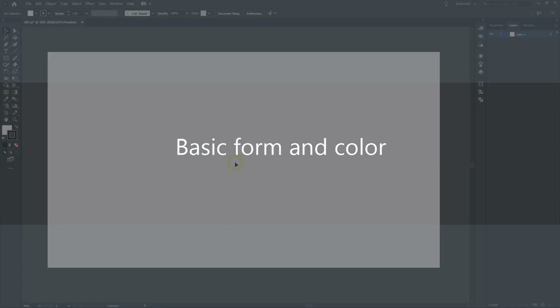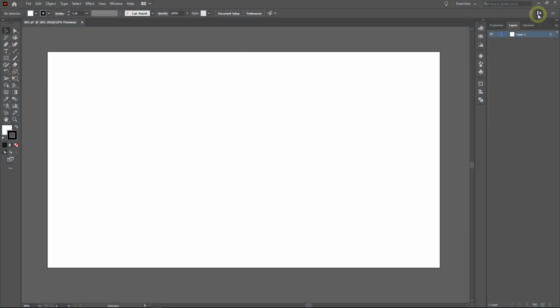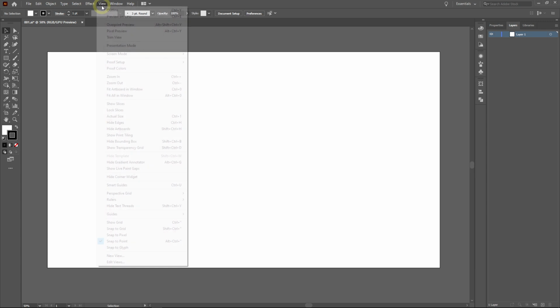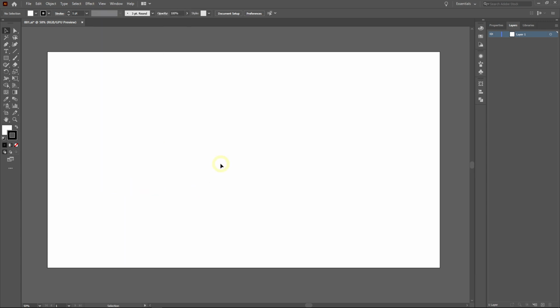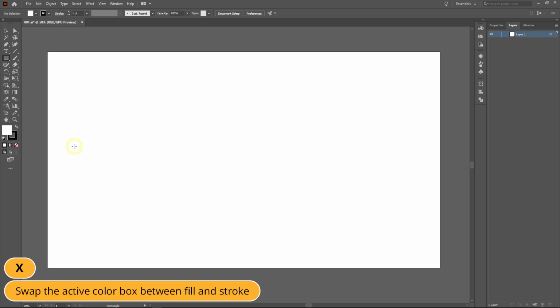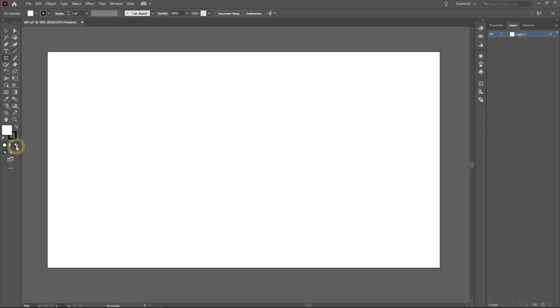Before we start, make sure the pixel snap option is off. And for now, we need to activate the Smart Guides option. Game tile sets are usually made in a perfect square aspect ratio, so we need to use the rectangle tool. Press X to bring up the fill color box, and press this button to make the fill color blank. Then click drag on the canvas while holding Shift so that the rectangle shape forms a perfect square.